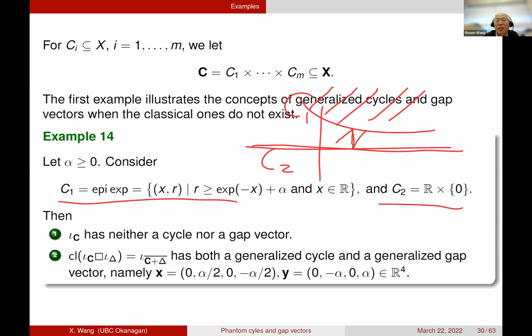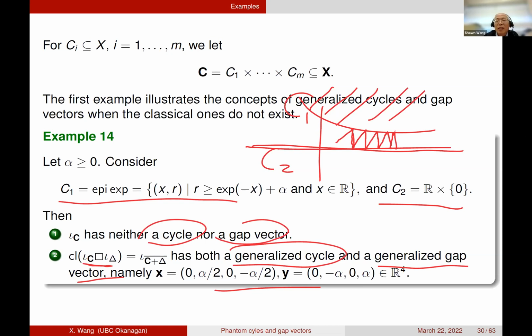So the question is, of course, how do you find this phantom cycle and gap vectors? How do you find it? Let's come back to the Attouch-Théra dual, primal and dual. Then you have this relationship here, right? Now you denote this by G. This function is important for the study. So denote that one by G. Then to find the cycle vector or gap vector, you can apply